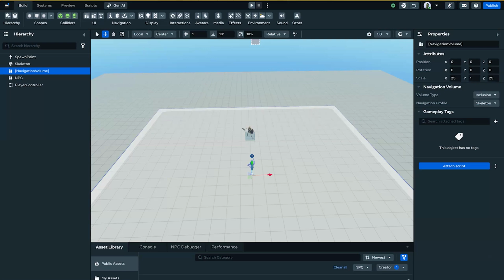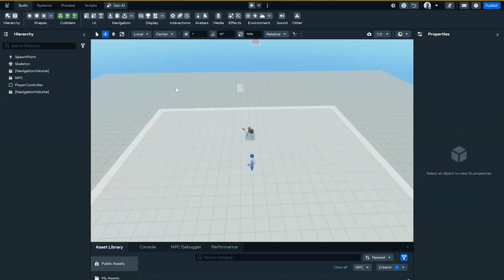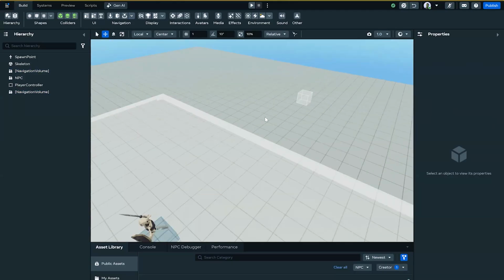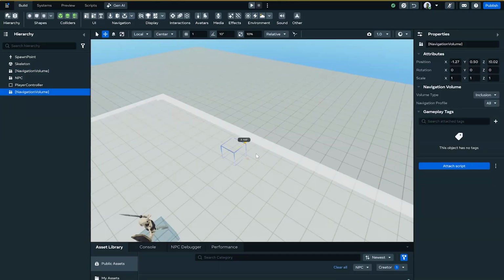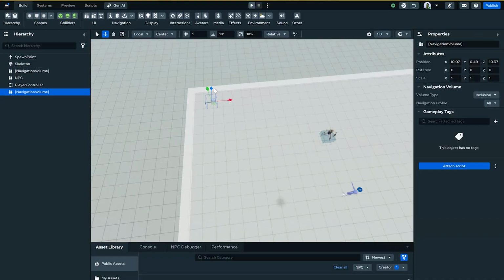And if it's set to exclusion, like if I didn't want them to walk in this corner, I could pull in another one. Just let me demonstrate that quick. We'll just make this a little bit bigger, and then I can set this to exclusion. And then when I bake my NavMesh,